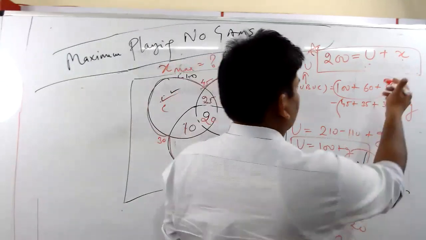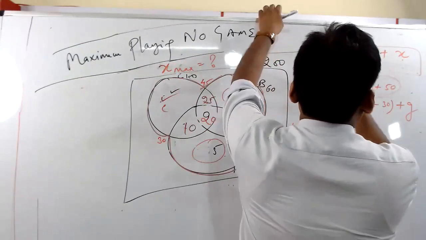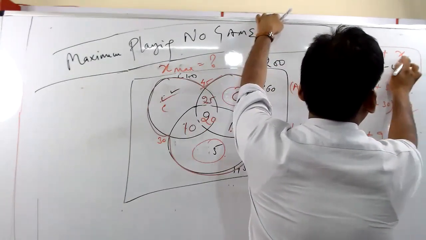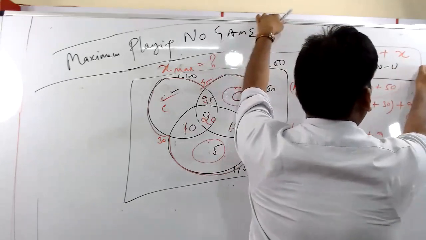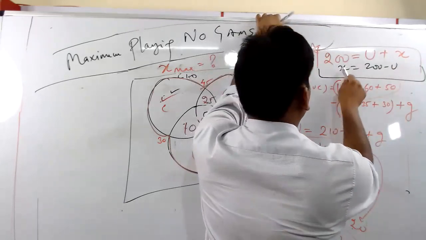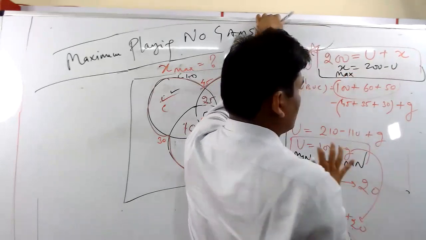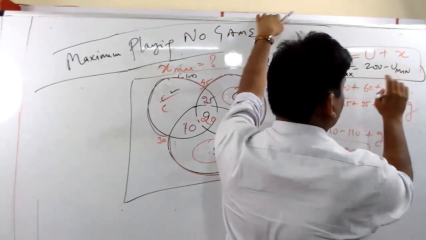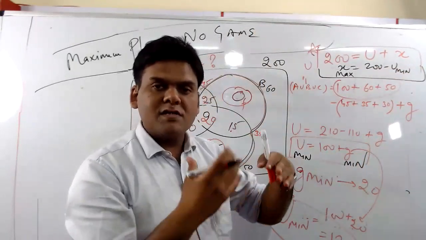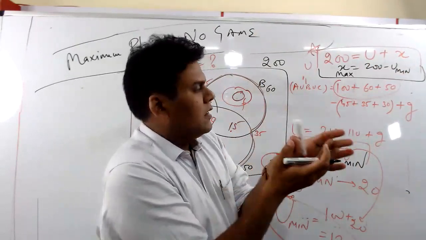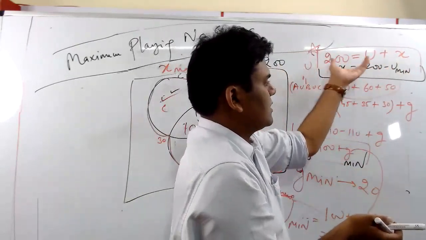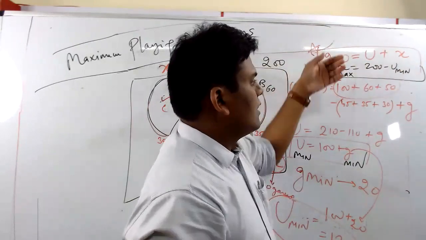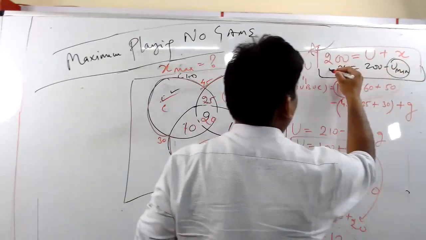So if I keep on maximizing, or the other way of understanding it is, if I say X is equal to 200 minus U, right? I need to maximize. इसको मैक्सिमम करना है, 200 फिक्स्ड है, that means इसको मिनिमाइज करूंगा, जितना कम से कम एक कांस्टेंट वैल्यू में से सब्ट्रैक्ट करूंगा कम से कम, राइट? 200 में से 0 माइनस करूंगा तो बस ये 200 होगा ना, 10 माइनस करूंगा तो 190, 100 माइनस करूंगा तो 100. So जितना ये मिनिमम होगा उतना ही ये मैक्सिमम होगा.